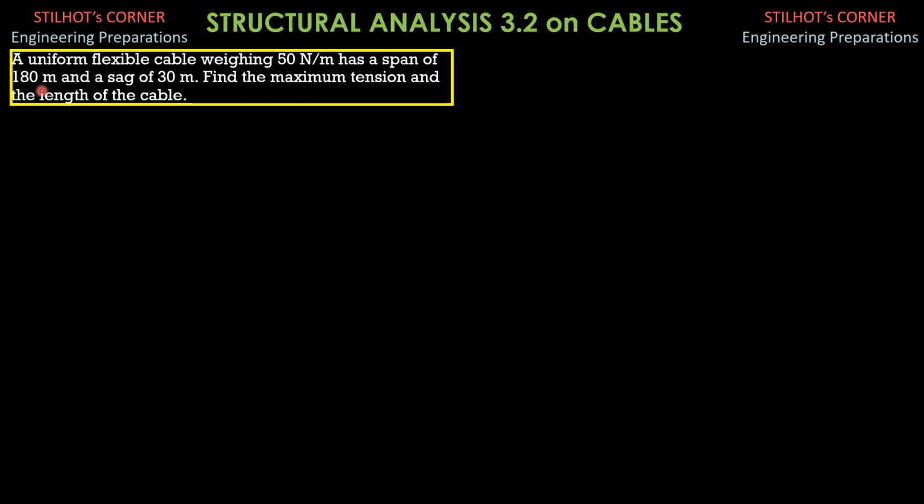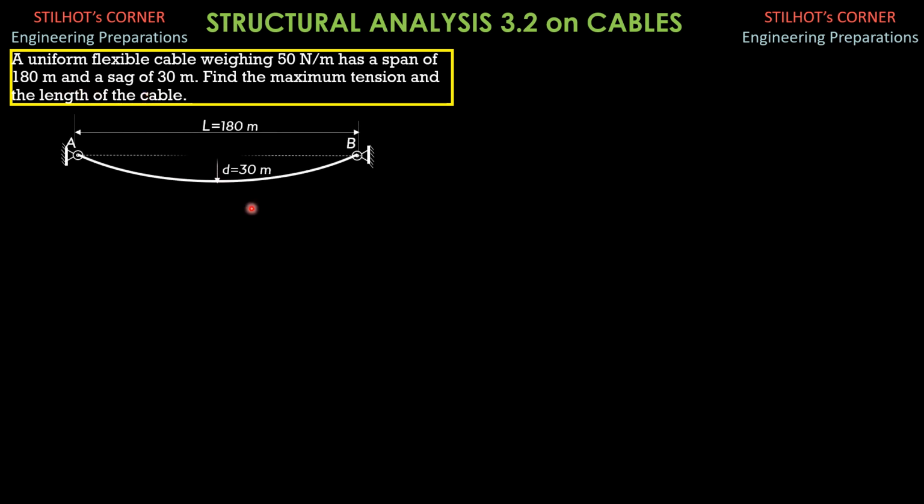Because Y is equal to C plus the sag, and the sag is 30 meters, and the equation of the cable is Y equals C cosh(x over C), wherein it is only C that is unknown in this problem. To help analyze the problem, let's have the figure so that you can follow and understand the equations that are used in this video.